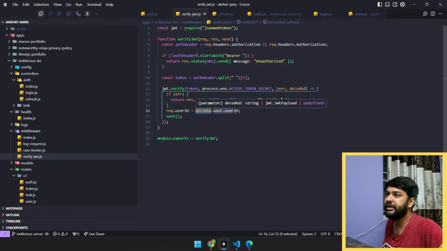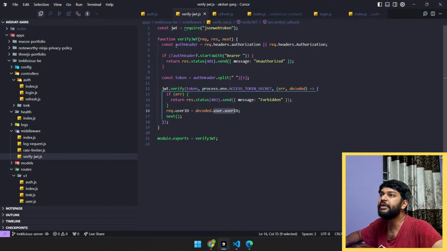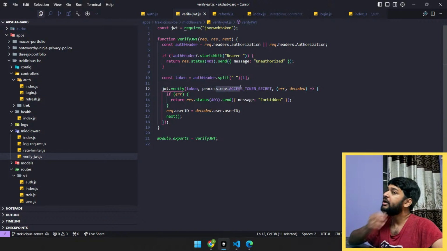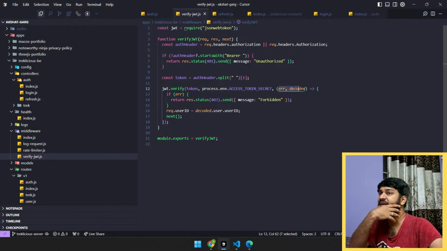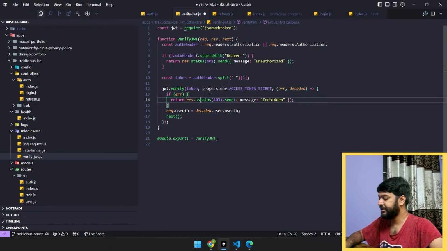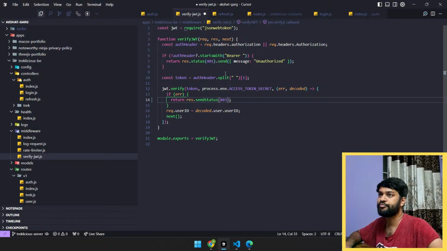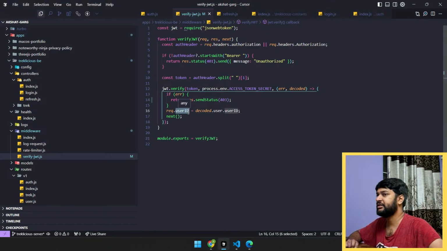ये भी अब अपडेट होगा। हम क्या कर रहे हैं, बेसिकली सिंपल है, उस दिन भी डिस्कस किया था, राइट, JWT वेरीफाई में हम टोकन डाल रहे हैं जो कि हमें ऑथर से मिला, और उसे एक्सेस टोकन सीक्रेट में डाला, अगर वो है तो सही है, राइट। यहाँ पे सेंड स्टेटस कर देंगे 403, और नहीं तो रिक्वेस्ट में हम यूजर आईडी नहीं डाल सकते, दैट्स द थिंग।